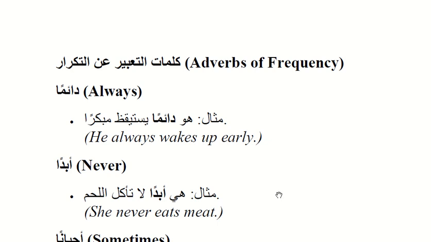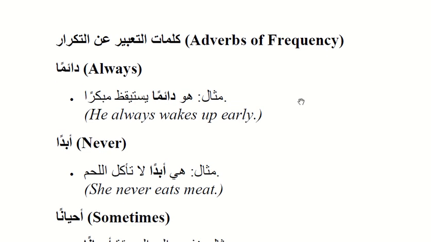Today we are going to cover a video about adverbs of frequency in Arabic, which is كلمات التعبير عن التكرار, like always, often, never, sometimes. These type of words we are going to see in Arabic, and we are going to see examples also from these adverbs. Let's start. دائما,